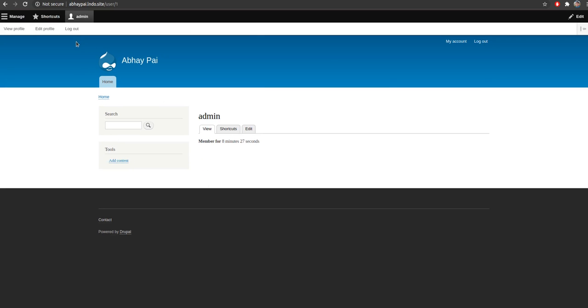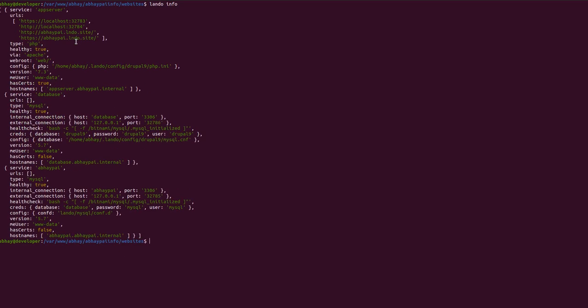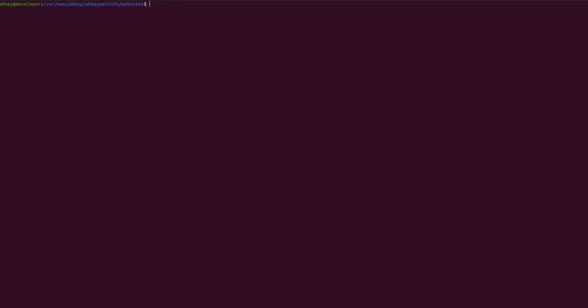For stopping the Lando service in your local machine, you can use the command lando stop. It will spin down all the services like database, PHP, and LAMP services all at once, and for starting the services you can type lando start.